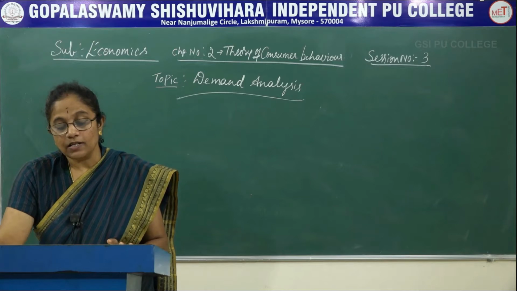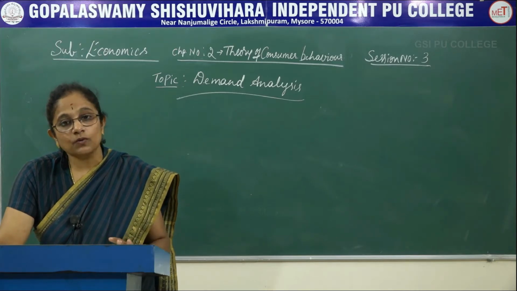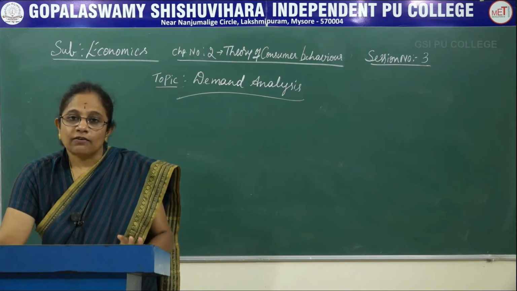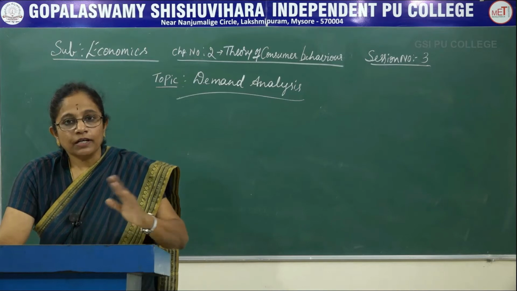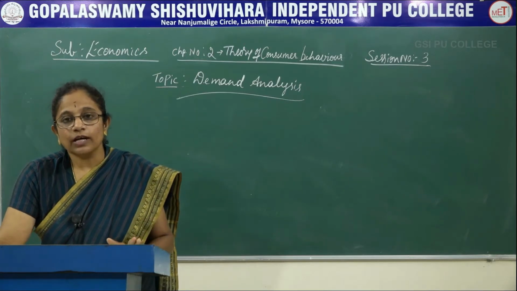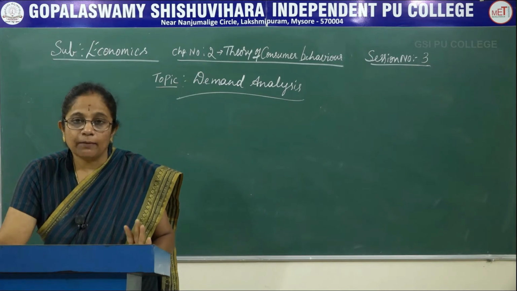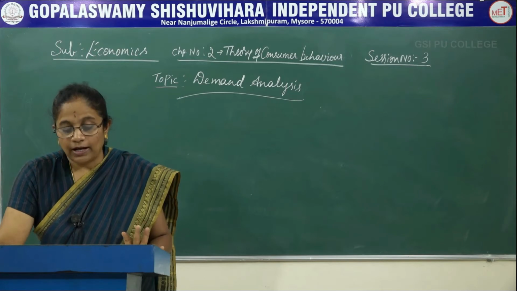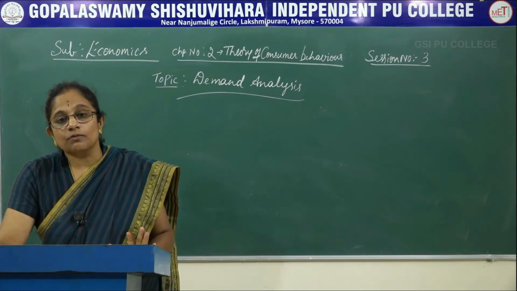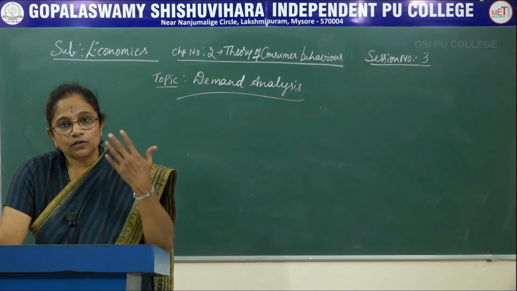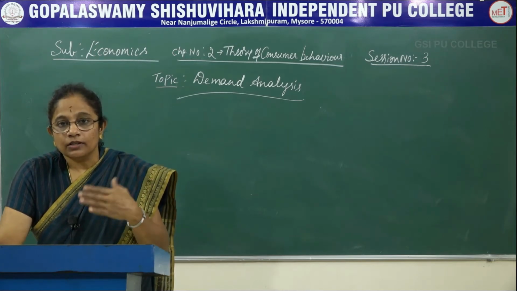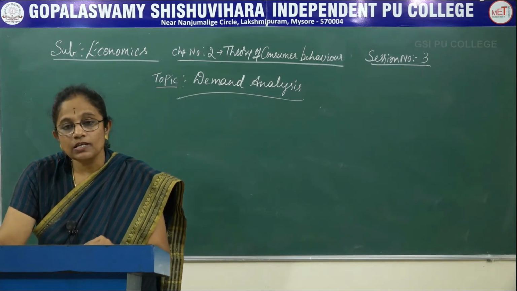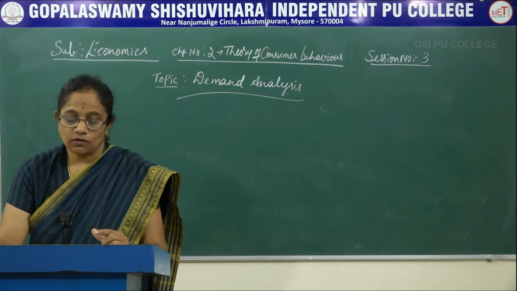The next one is price of related products, that is substitutes. You know, if we go to purchase, for example, a bag, there are bags available for different ranges of amount. For 100 rupees also you can satisfy your demand of buying a bag. For 1000 rupees also you can satisfy the demand of buying a bag. And the level of the income of the consumers also induce the need for that product, and the tastes and preferences of the consumers. So these all we can call as determinants of demand.